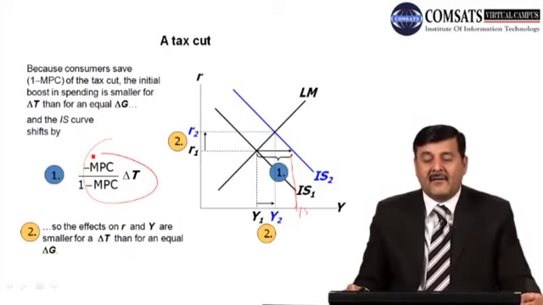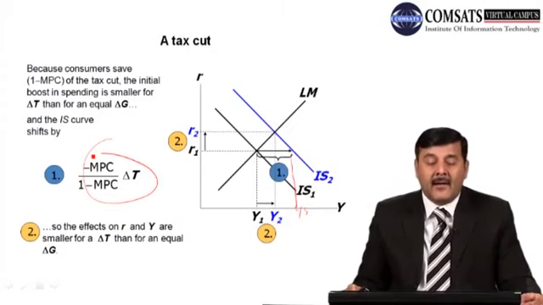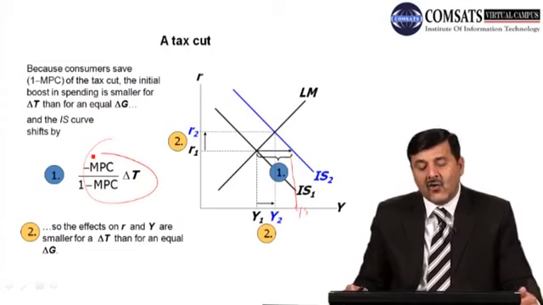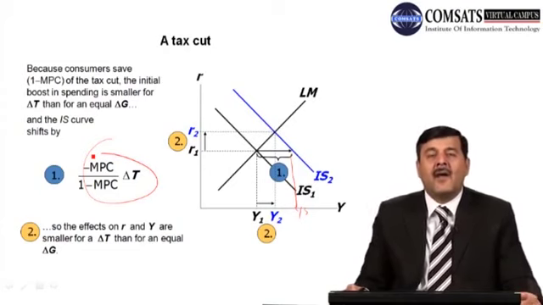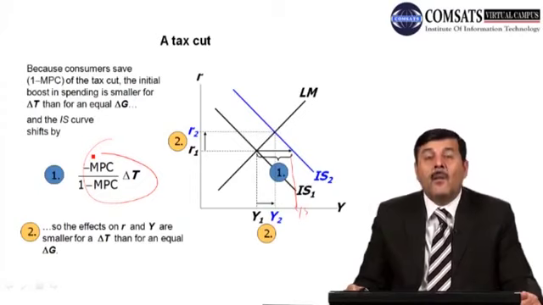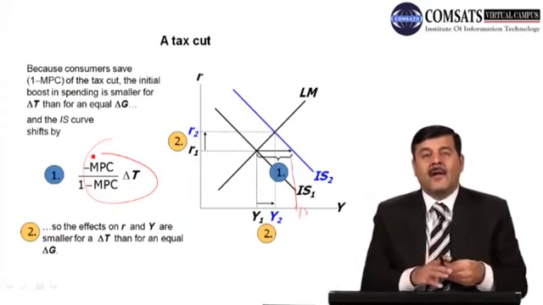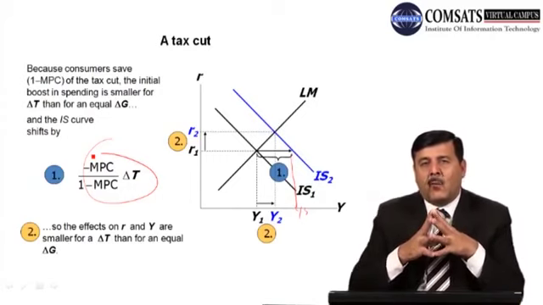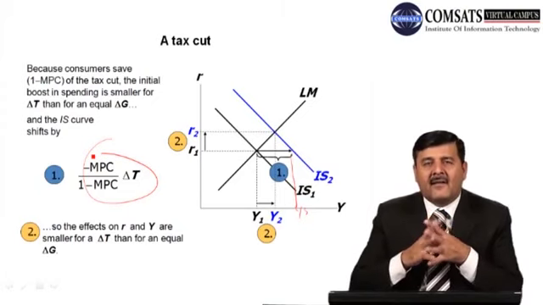At the initial rate of interest, income level is Y1, but this affects the demand for money also, and the rate of interest will go up and income goes up from Y1 to Y2 instead of Y3. Again, this final change in income is smaller than the change in initial income due to the tax cut. So what we can conclude is that initially, whenever the policy maker uses government purchases or taxes to affect